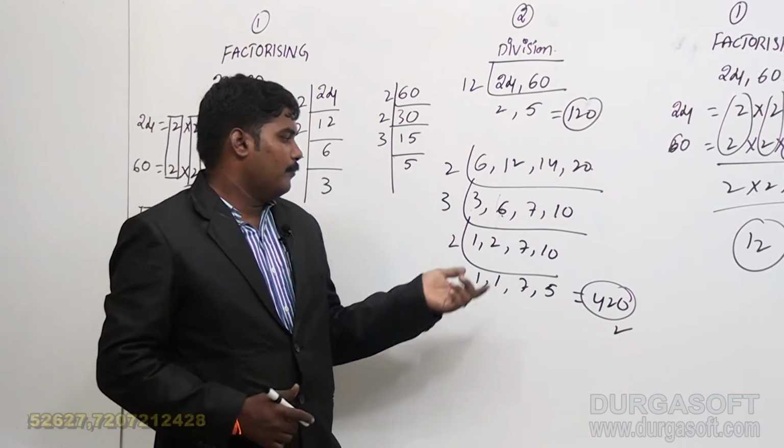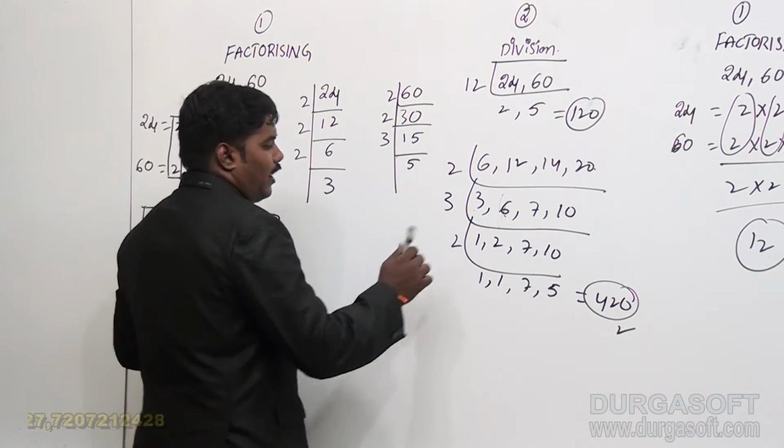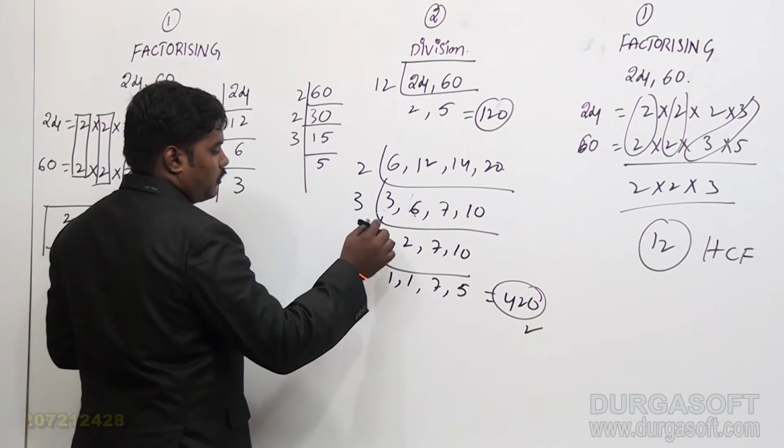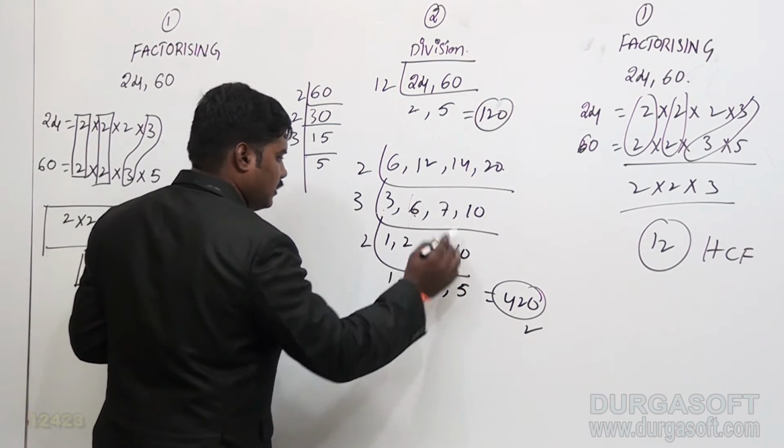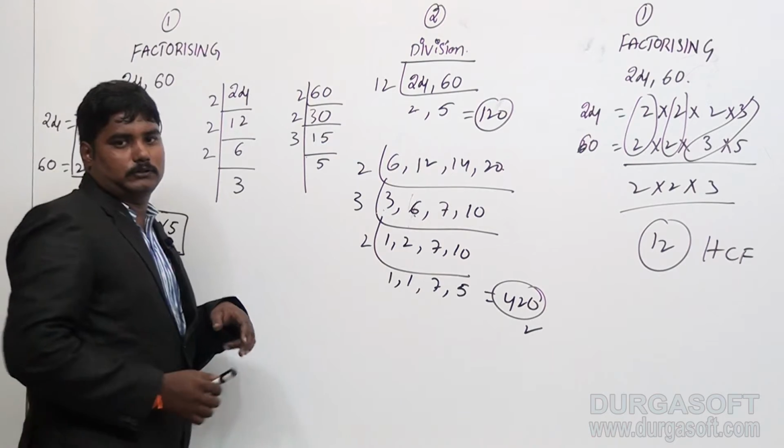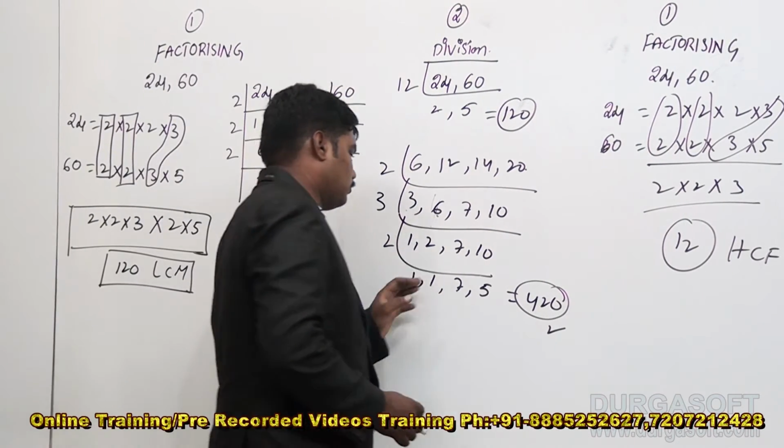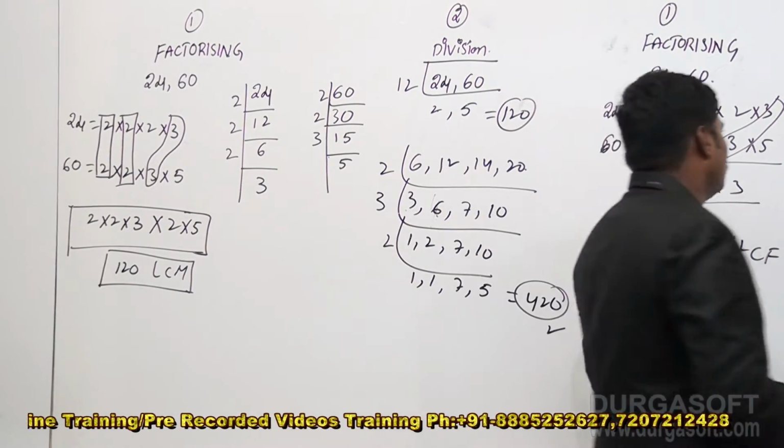While you divide the three numbers, the ones and twos, you bring down the same number for the other one at the next position. These are all the points about the LCM. And coming to factorization,